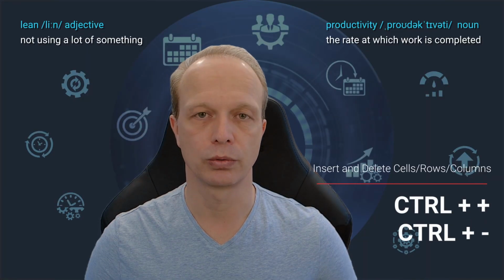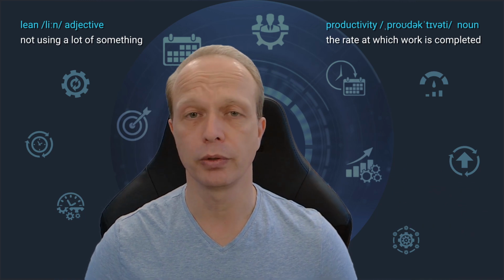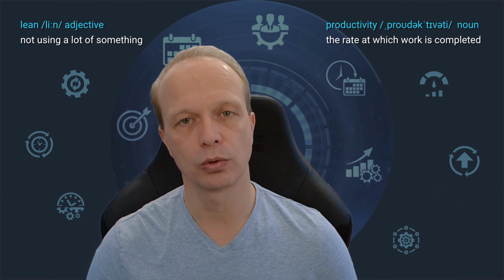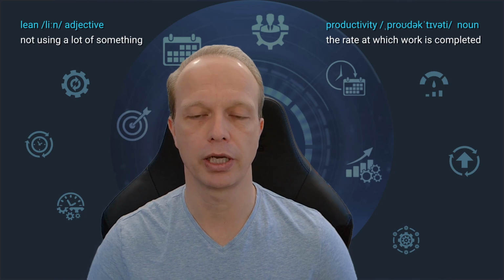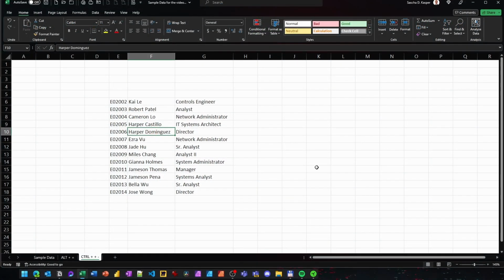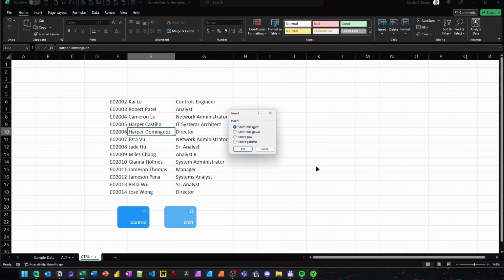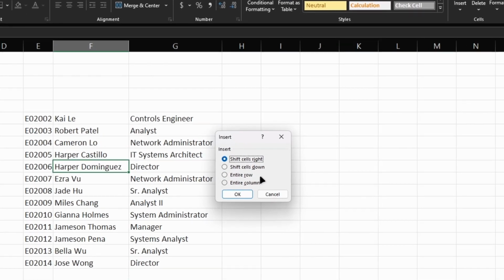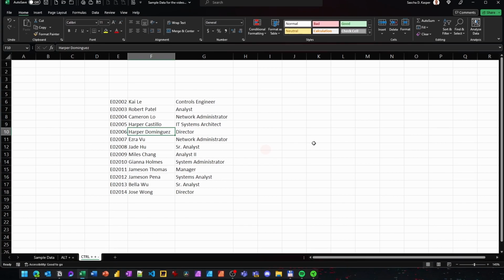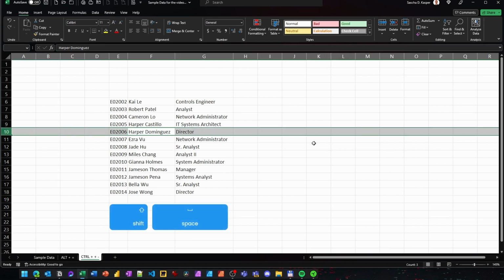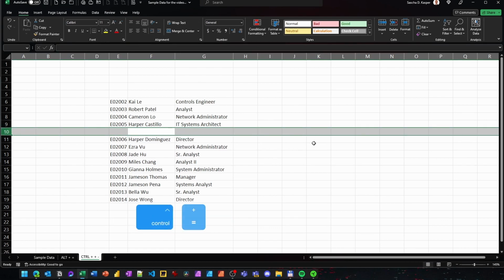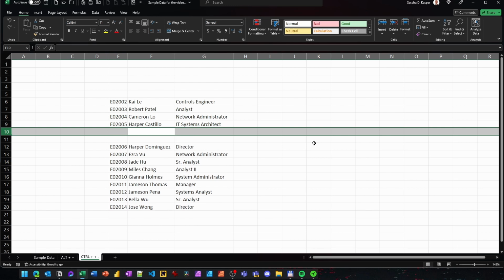The Ctrl+ and Ctrl- shortcuts allow you to insert or delete cells, rows and columns depending on your selection when you press them. If you use the shortcuts when a single cell is selected, then Excel will ask you what to do and you can choose the preferred option from this little dialog box. However, if you select a row, then Excel will automatically know that the action shall be applied to the whole row and it's going to insert a row or delete one depending on the shortcut. The same is true when you select a whole column, of course.